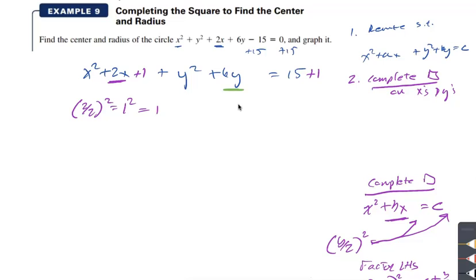Now we're going to do the same thing for the y here. So you get the middle term, 6, divide that by 2 and square it. So you get 3 squared, which is 9. I'm going to add it to this side, and whatever I add to this side, I have to add to this side. And now,